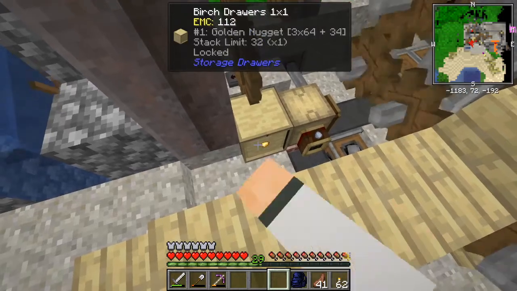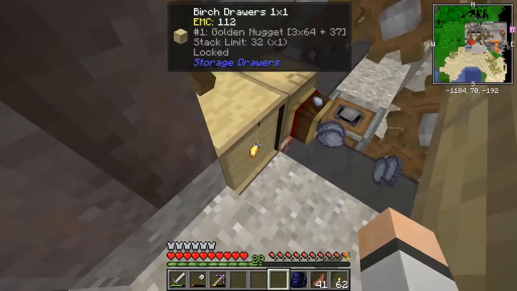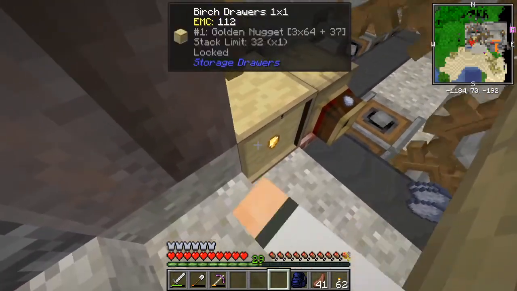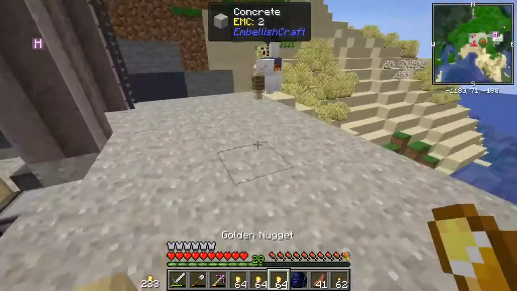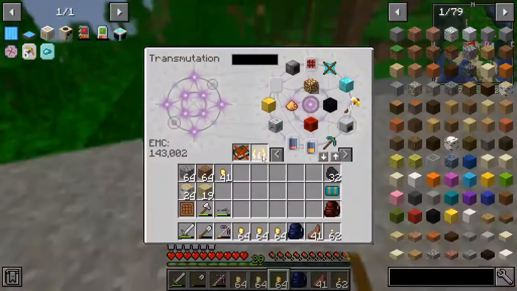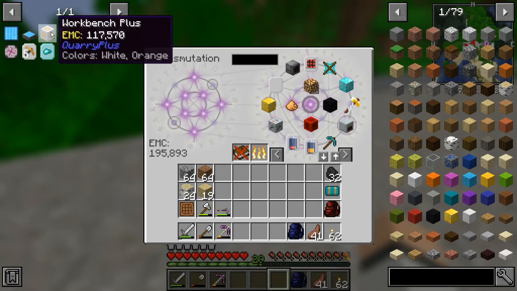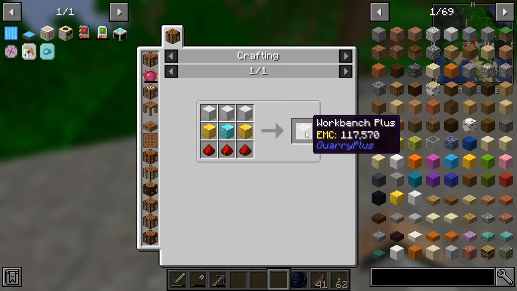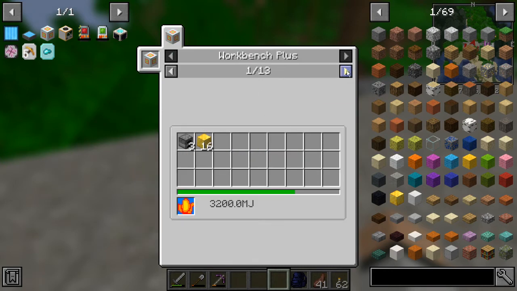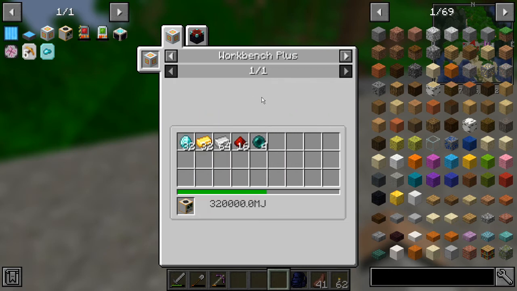Oh. Oh, nope. I don't mean to do that. I need left click, not right click. I was like, wait, what am I doing wrong? Clearly, I was using the wrong click. If I wanted to, I could make Workbench Plus, and then I guess I could start working on this mod next time. The main thing is that the Quarry Plus itself is also quite expensive, so I'll have to just sort of